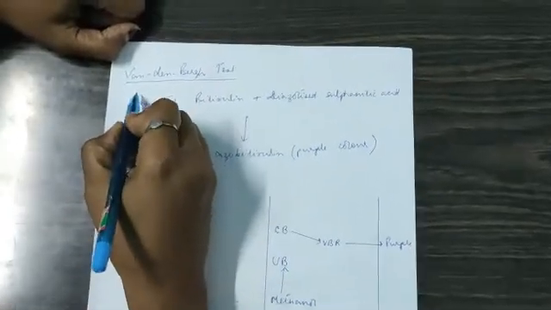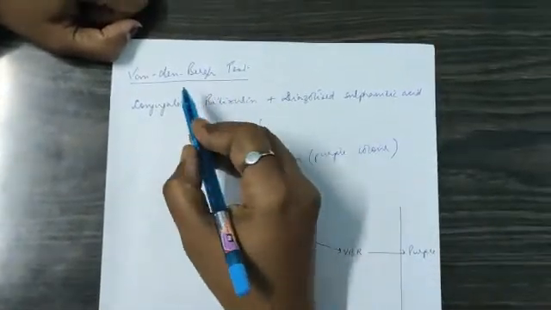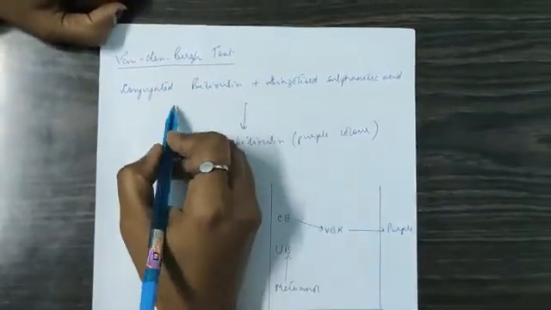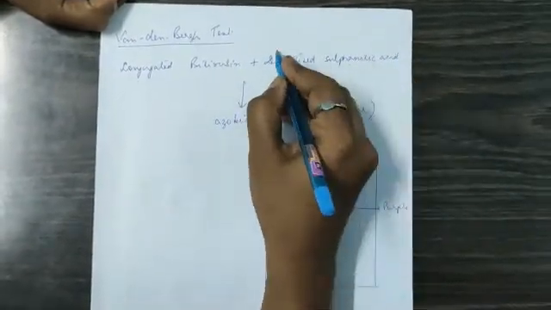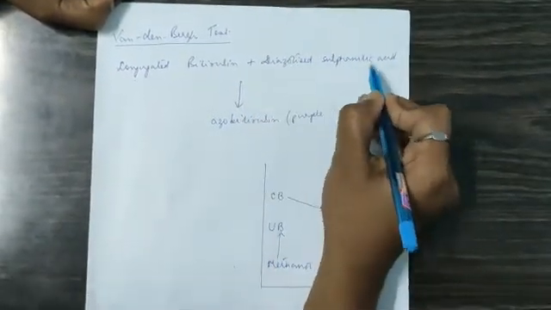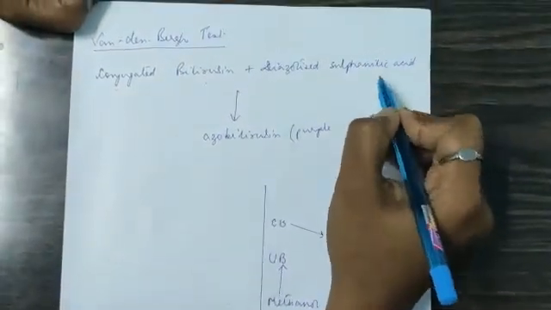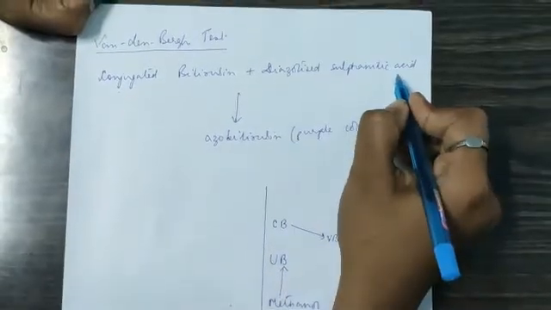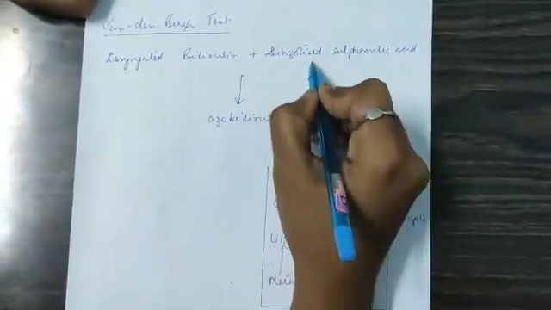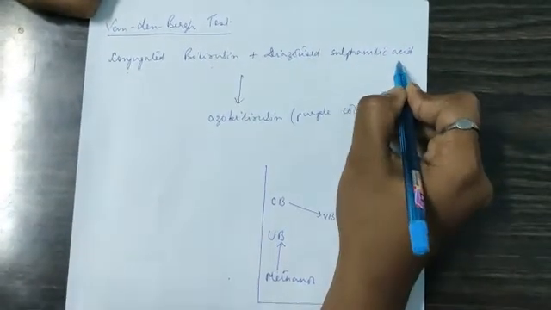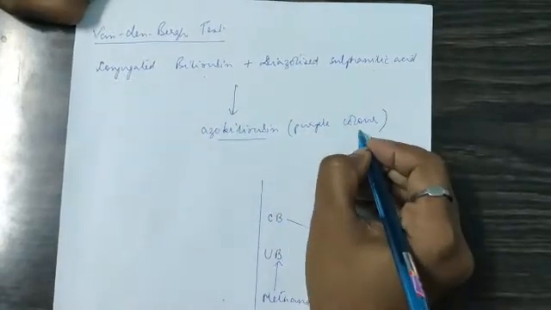So now coming to the principle of this test, that is Vandenberg's test. This test is based on the principle of Vandenberg's reaction, which means that when conjugated bilirubin reacts with the Vandenberg's reagent, and this reagent is diazotized sulfanilic acid. In the slides that will be given, it is mentioned how this sulfanilic acid is formed. But for now, let us say that when conjugated bilirubin combines with the diazotyl sulfanilic acid, it gives us a compound which is known as azobilirubin, that is purple in color.